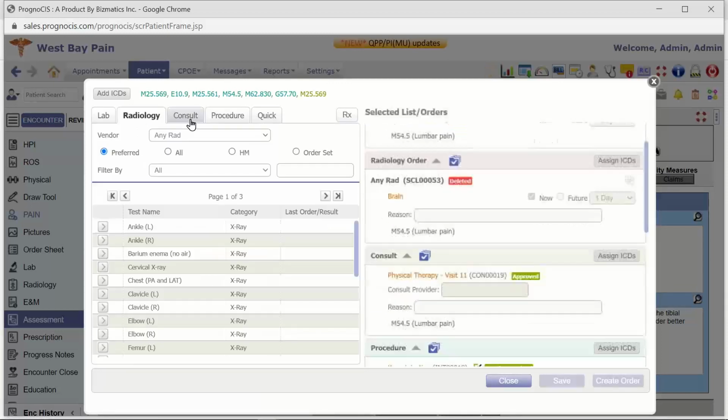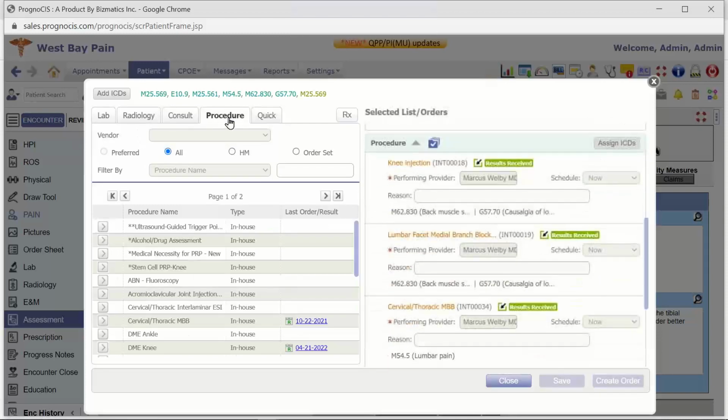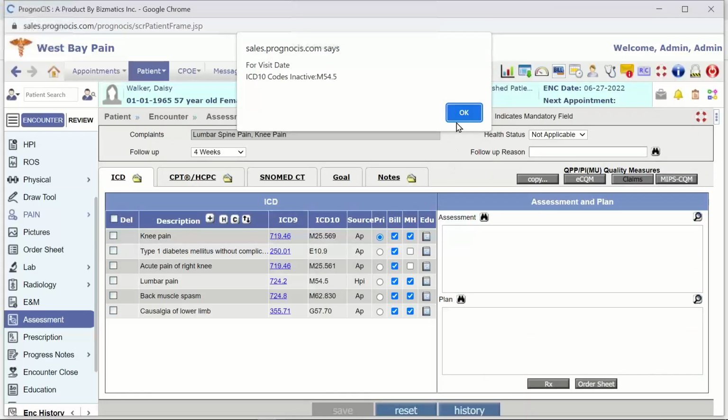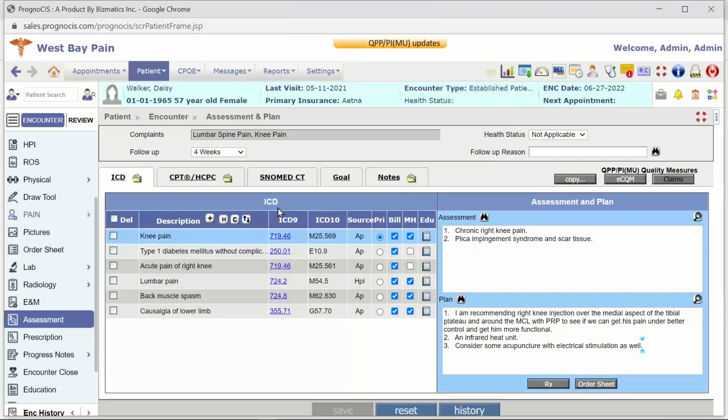Same way with radiology, consults, procedures, you'll be able to track those in terms of the information coming in, as well as know whether these were completed or not. So all those things can be done. I logged in as an admin, so otherwise I'm not seeing the bubbles over there. It will also tell you how many labs are pending to be reviewed, how many radiology pending to be reviewed, and